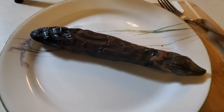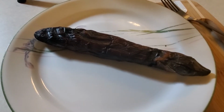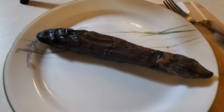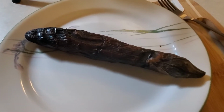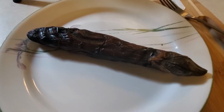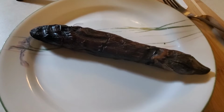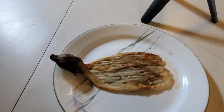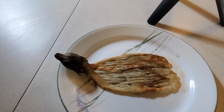Pero kung gusto mong mas mapabilis, i-soak mo sa ice water or running water, running cold water. But I'm not in a hurry, so I just let it cool down for a bit, and then I can take the skin off. I have here the eggplant already peeled,